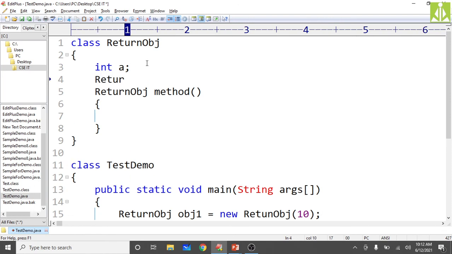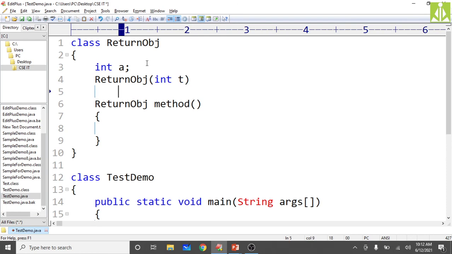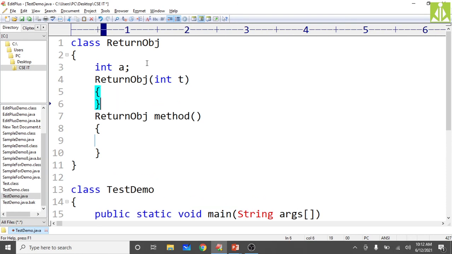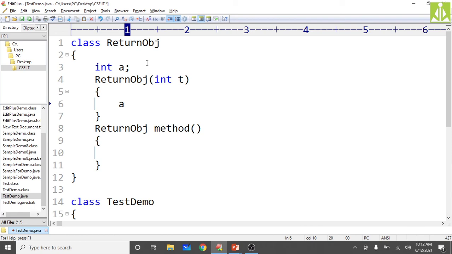Here I should take return obj of, here you receive that temporary value, and whatever value you are receiving, initialize that to a, like this. Okay, hopefully you understood. So next thing, inside this method, what we have to do inside this method, yes, whatever